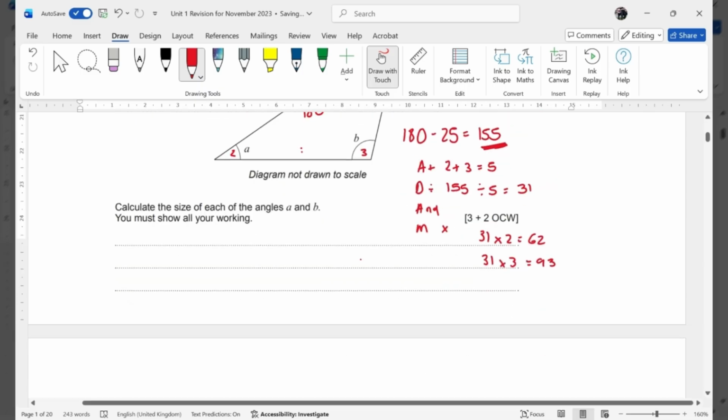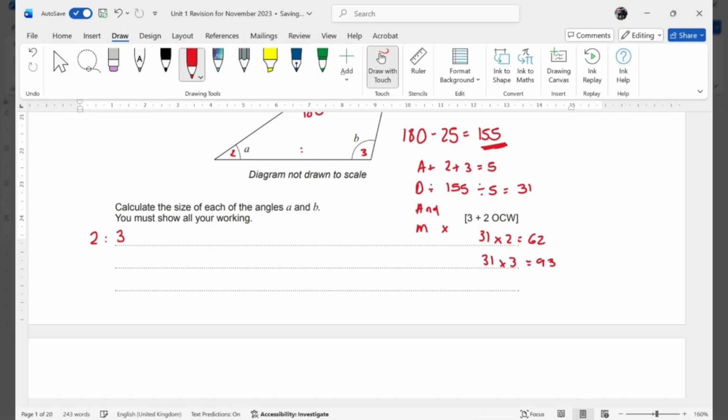The other thing I want to say about ratio is be careful in a ratio question. Nothing to do with this question. If you're being told, for example, share 155 in the ratio 1 to 2, that's what you would do. However, if you were told one of the answers, for example, when something is split in the ratio 2 to 3, the larger share ends up being 155, right? Then you'd have to go, oh, okay, right? What I've got to work out here, how many times 3 goes into